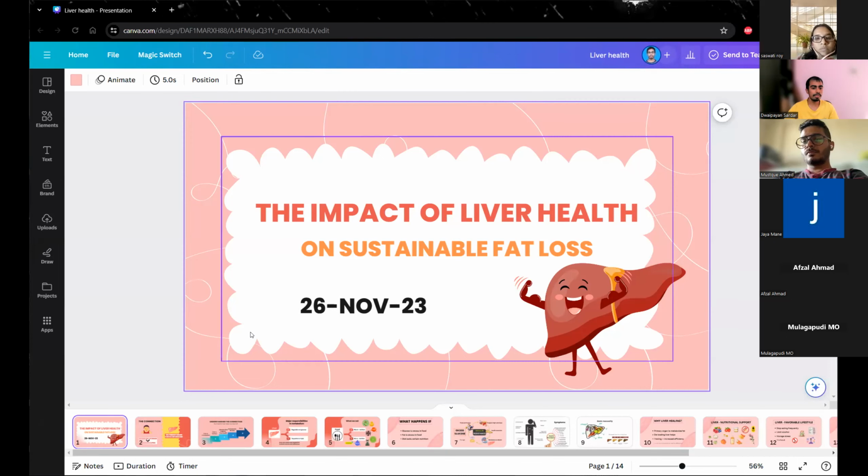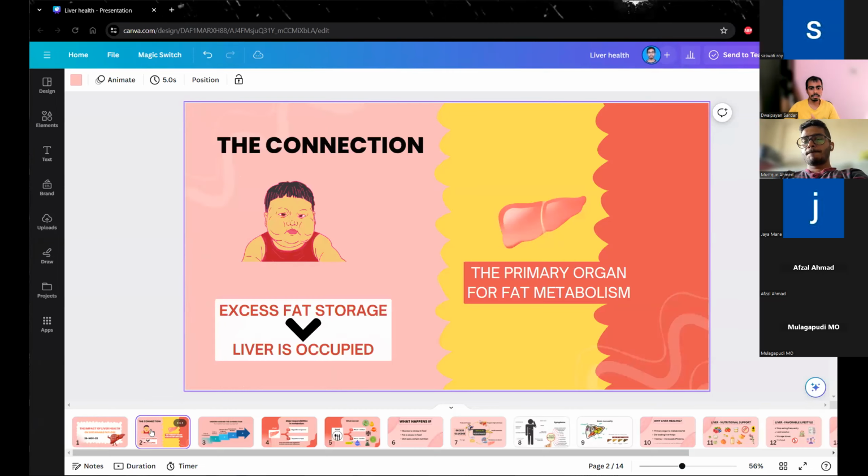So what is the impact of liver health? Let's say, what's the connection between fat storage or fat metabolism and liver? For example, you are having food that contains fat, that also contains other things like sugar. So everything, the liver is occupied. Whenever you are having food, the liver is occupied to help you break down food and absorb